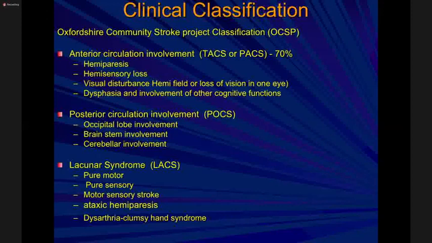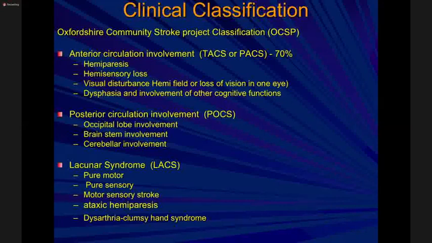And in addition to that, both these, anterior circulation and posterior circulation, are large vessels. And when your tiny little vessels, capillaries, are affected, I told you, then you get what we call lacunar stroke. So the lacunar syndrome is the other entity. So these are the 3 entities that we have in our clinical classification called OCSP classification, Oxfordshire Community Stroke Project